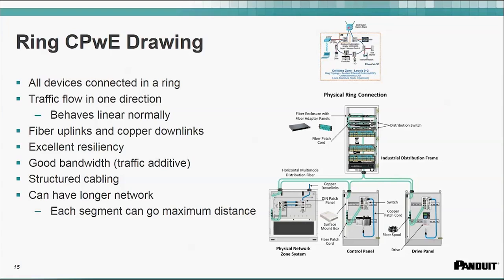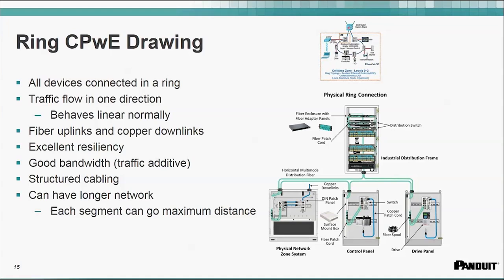Since the ring topology behaves more like a linear topology, the traffic is additive, where the last device's traffic is added to the next adjacent device, all the way up to the IDF. Therefore, one has to be careful to not add too much traffic, such as what might occur with a video stream. If you suspect the traffic is too high, a software like InterView can provide the statistics on bandwidth and